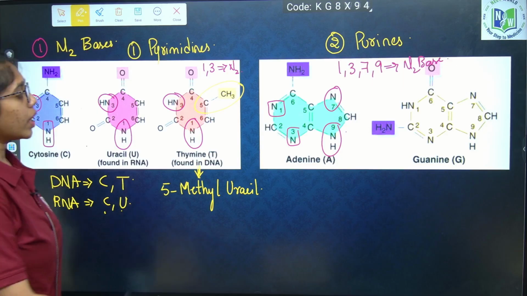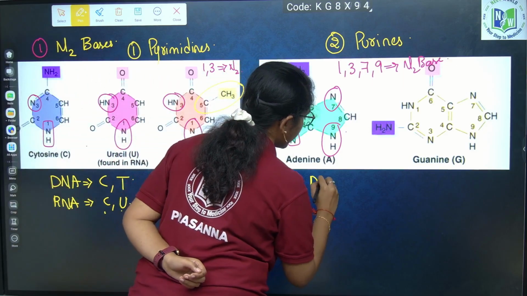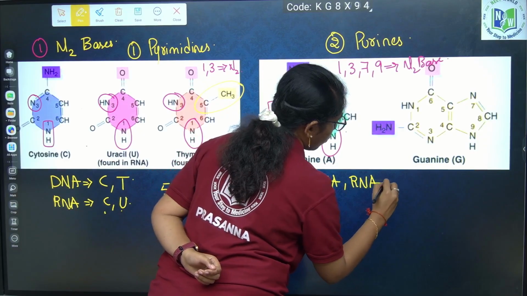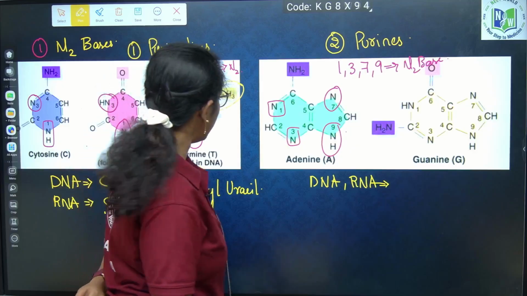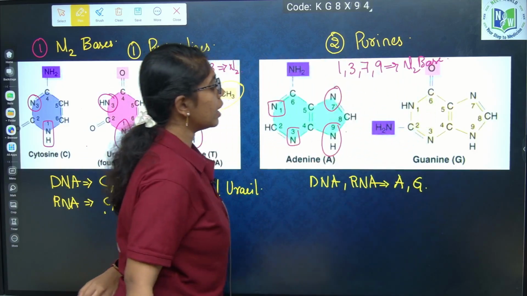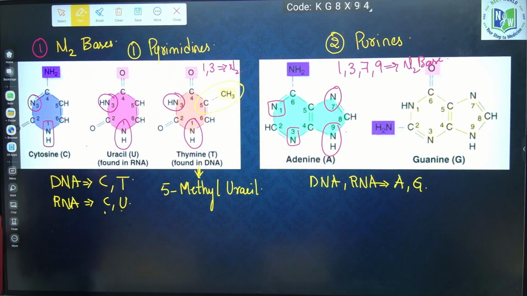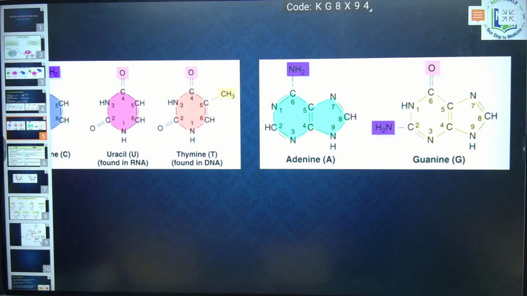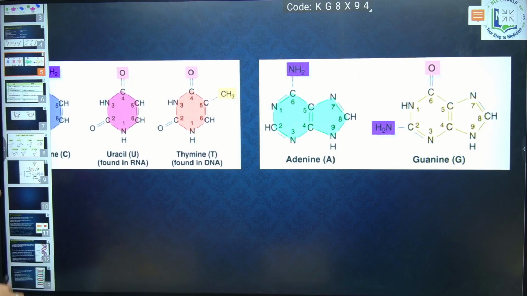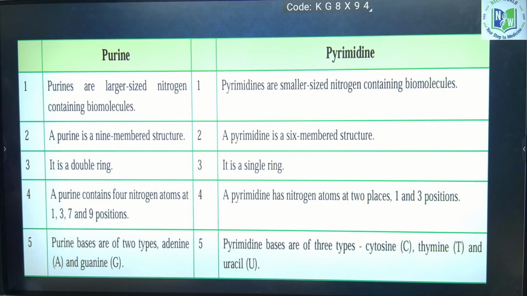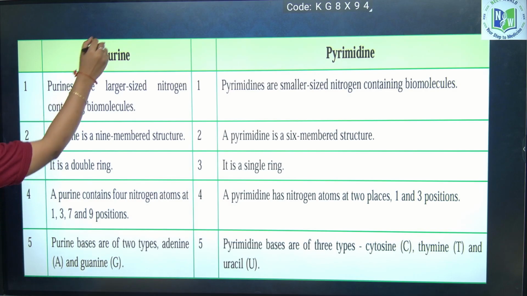Next, purines, both in DNA and RNA. What are the types of purines we see? Those are adenine and guanine. These are present both in DNA and RNA. Next, the clear distinction or differentiation between purine and pyrimidine, we have just discussed. You can take a screenshot if you want and recall it properly. Next,